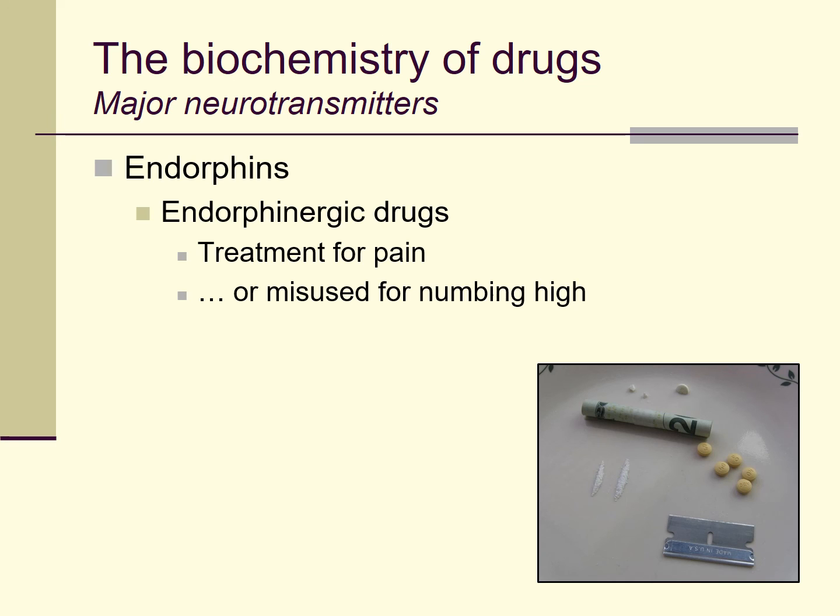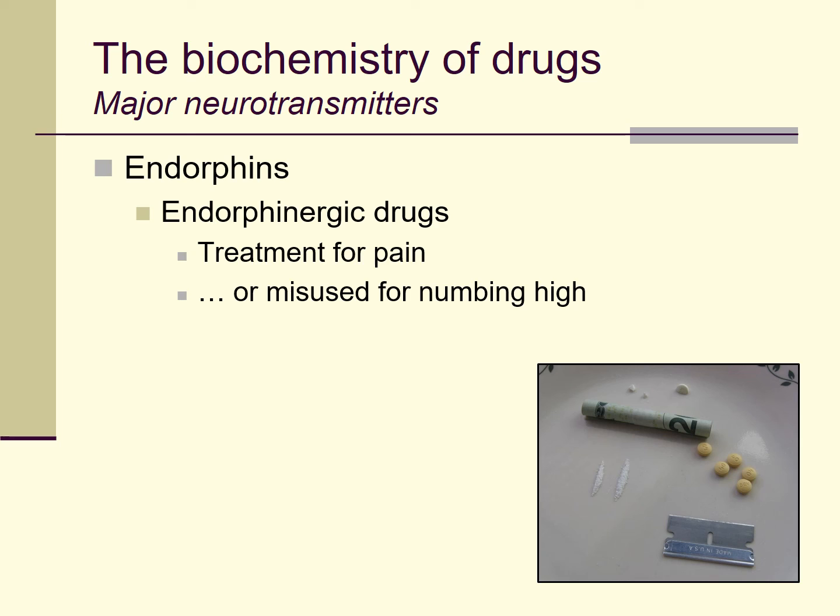They interact with the endorphin systems within your brain and have a lot of the same effects that endorphins have. So drugs, again, like OxyContin, Vicodin, Percocet, fentanyl, certainly opium, morphine, heroin, all those drugs are very powerful